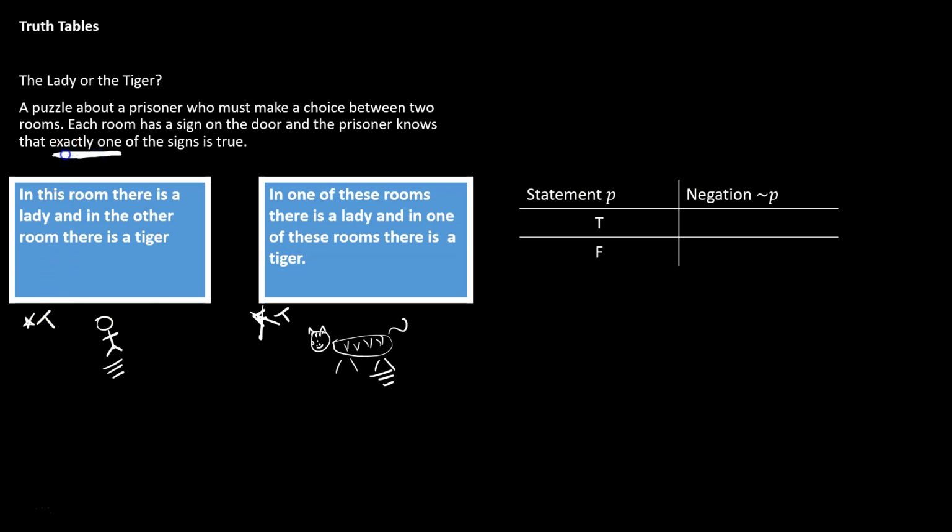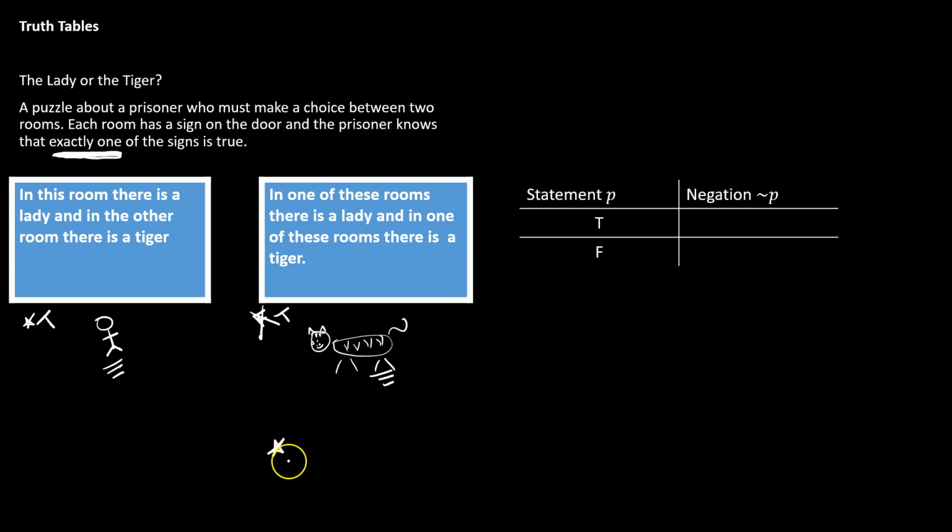This is the case, only exactly one of these can be true. So we've run into a contradiction. Instead of considering the case where this first one is true, let's consider the case where it's the second sign that's true. That one starts off by saying, in one of these rooms there's a lady, and in one of